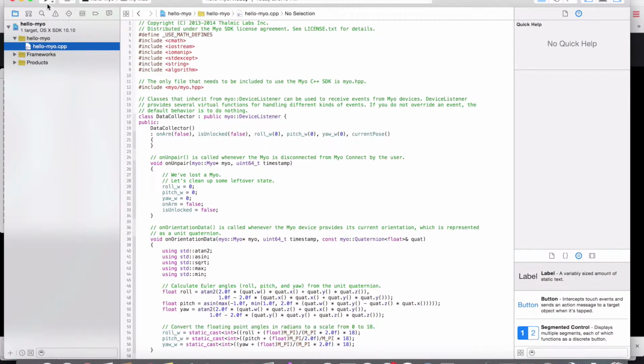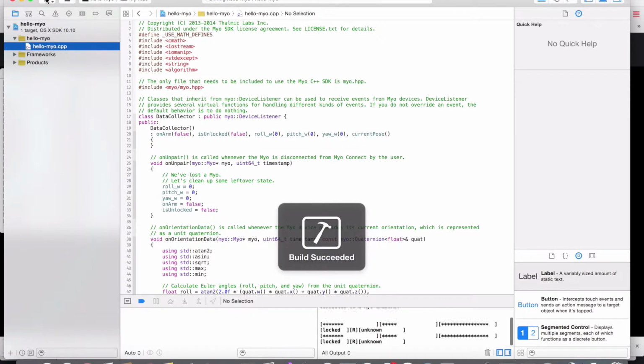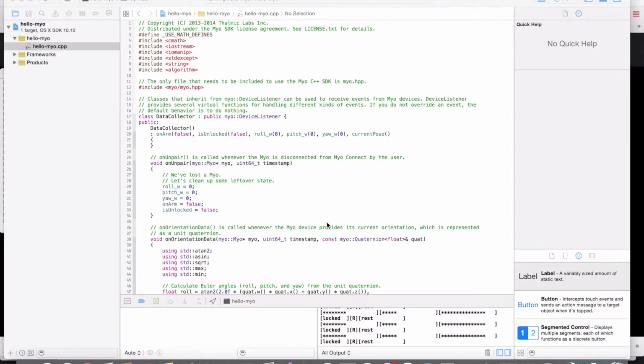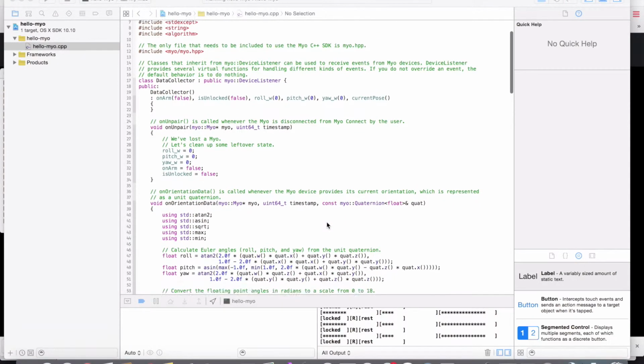You'll notice that if I go ahead and run this file, down here you can actually see the exact same data that comes through. So for example, if I change my roll, pitch, and yaw, you can see the data updating. It also has all the pose data as well. So if I double tap to unlock, it unlocks and now I can change the pose. You can see the wave out, wave in, rest. So without diving in too much detail, I want to go over some of the main methods that you'll find